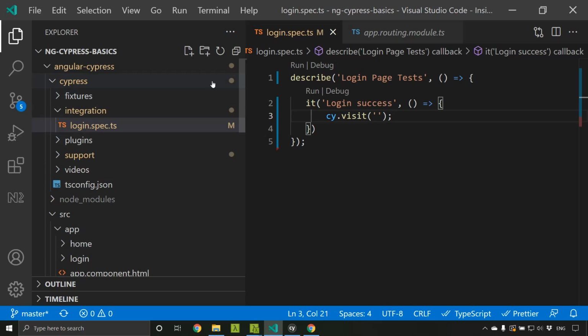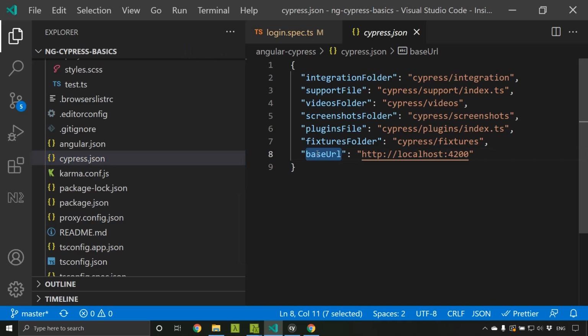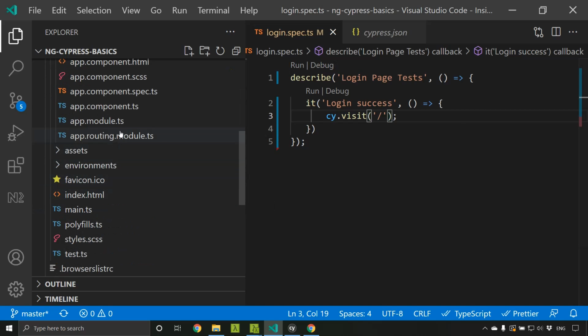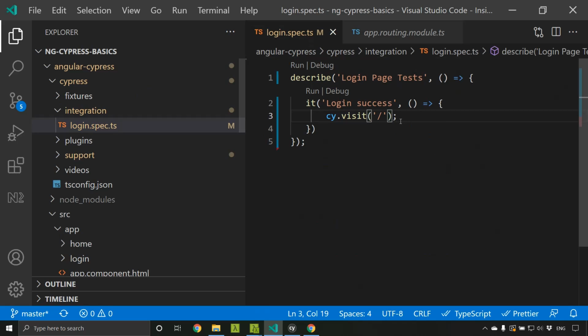Or what we can do is, within our cypress.json, define a base URL. There we will give localhost 4200, and we can just give the relative path here. So I am giving / here. If you go to the routing module, you can see that the default route is the login. So in case I didn't give anything, it will go to the login route.